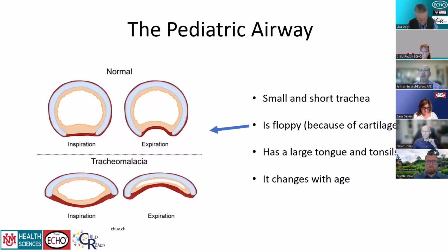Children also have a lot of cartilage. This means that their airway is going to be more elastic and more flexible. In some cases, their airway is so flexible that it can completely collapse when they breathe in or out. This is a problem called tracheomalacia or bronchomalacia. But on the other hand, this kind of works to our advantage when it comes to positive pressure ventilation,